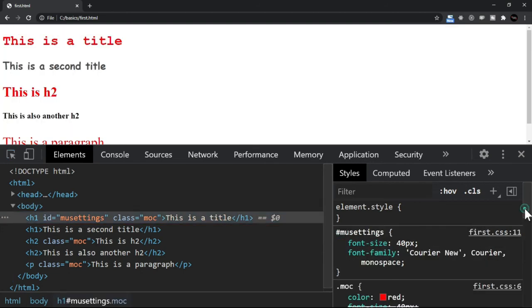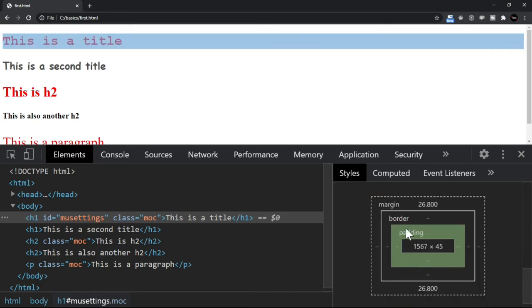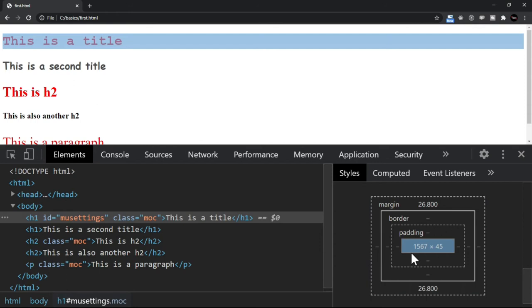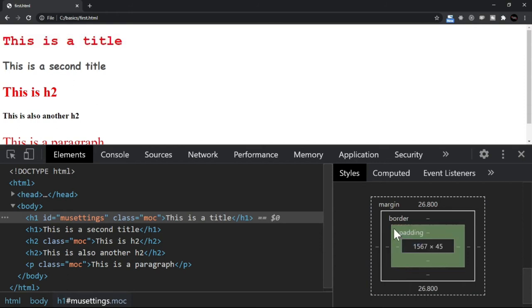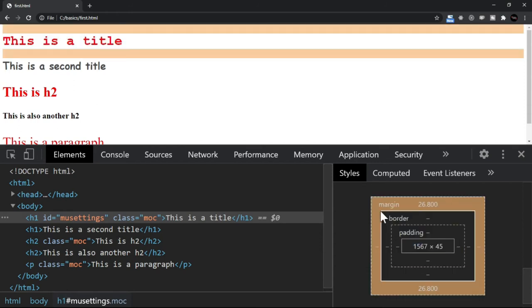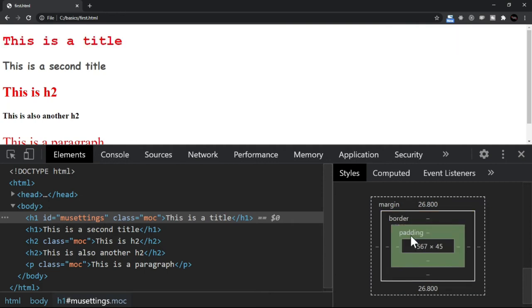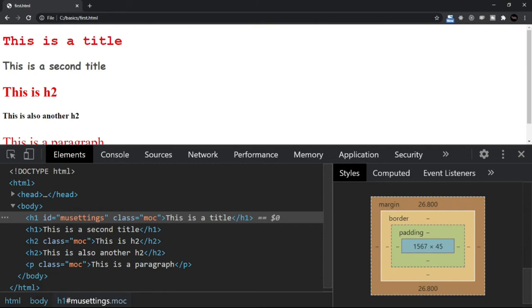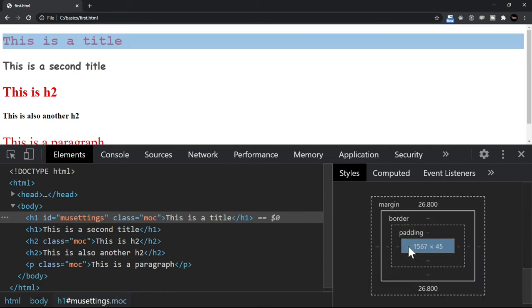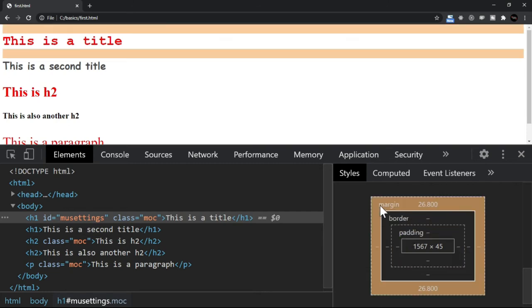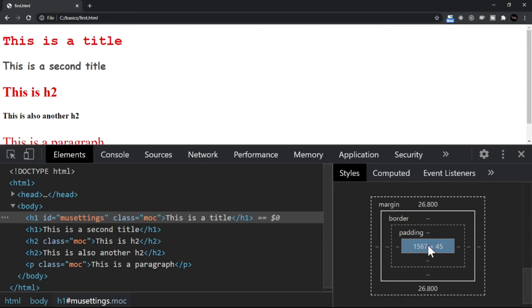Now if I scroll here, you see this image at the bottom, in the styles. When I roll over the mouse, you will observe that every section is either highlighted or not highlighted, depending on what section I am selecting and whether there is any value for that section or not. But what I want to say here is that when I select this particular element, you observe that there is something called padding, border and margin. Of course, there are a few values also that we will see.